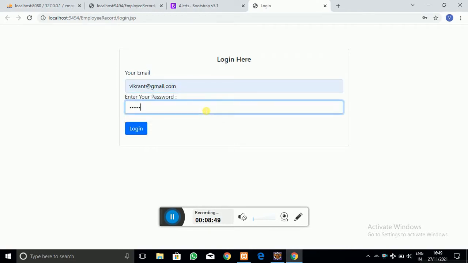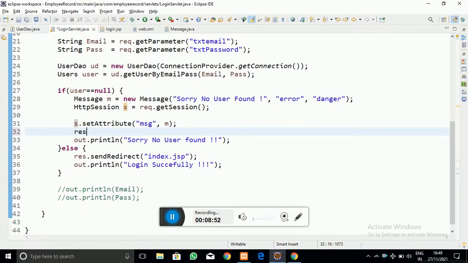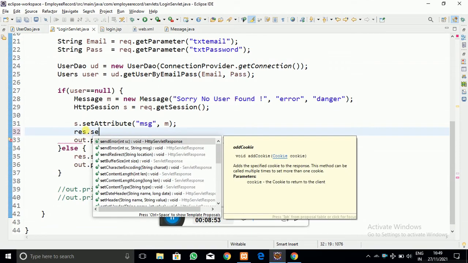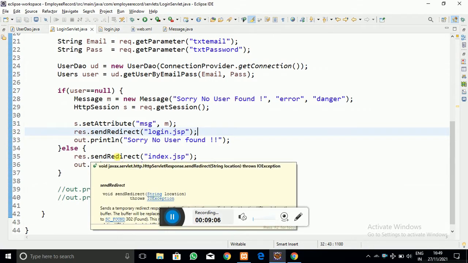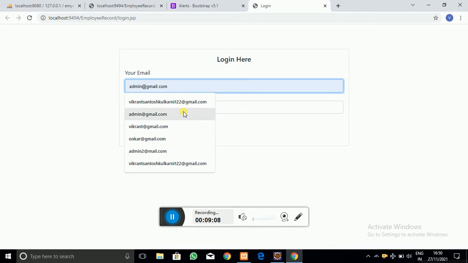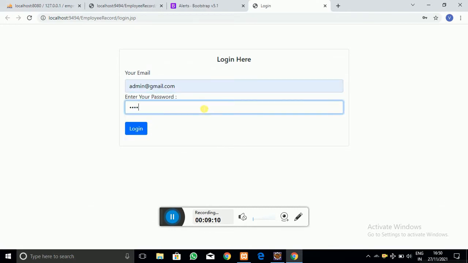So let me write an email ID and password which is not yet registered, and yes, we have to redirect it to the login.jsp page again after unsuccessful login. So that also I have written here, and let me create an unsuccessful login so that I can understand whether my code runs or not.